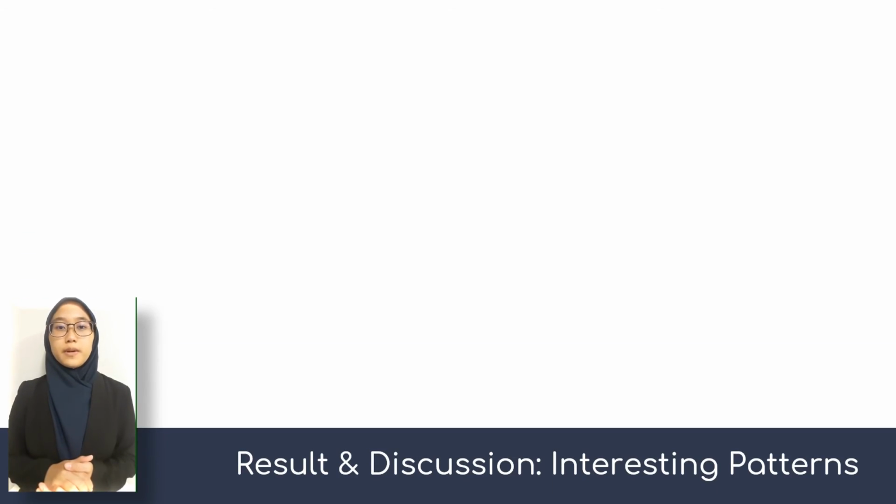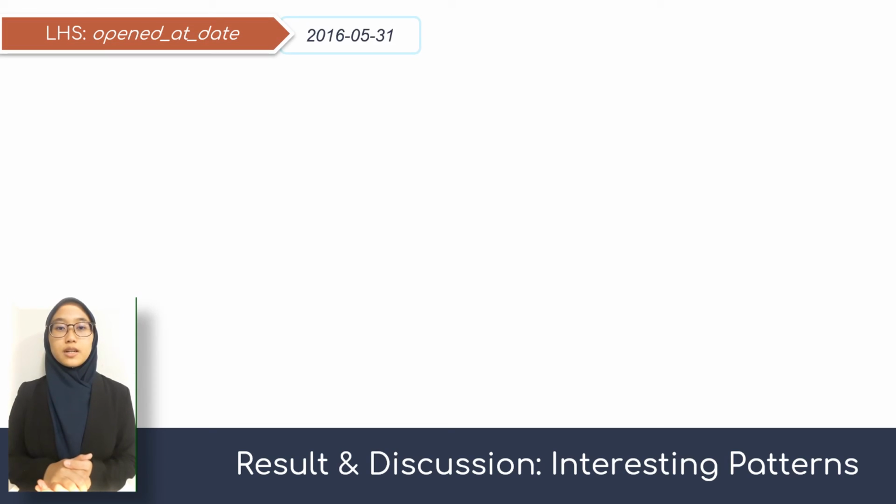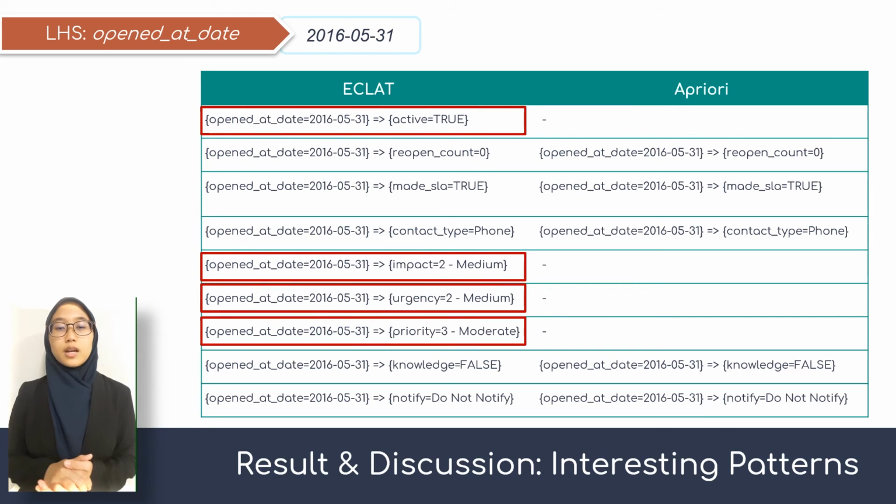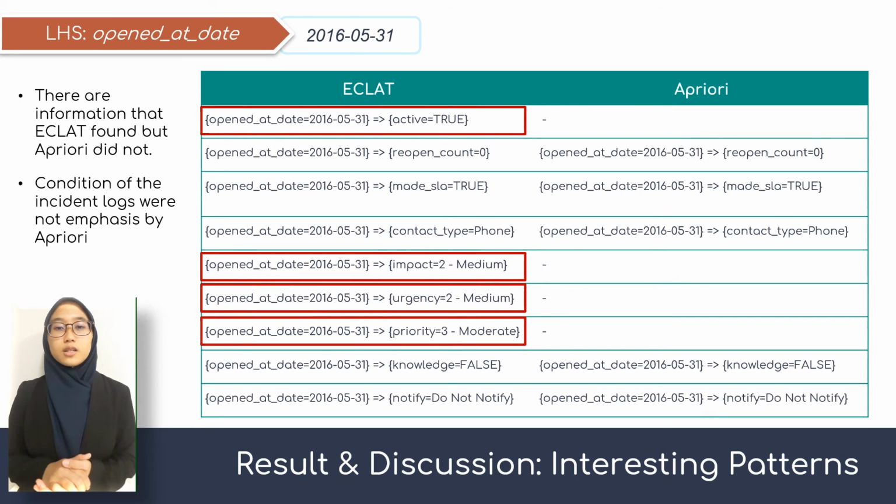For a better picture, patterns produced by both algorithms with an open-end date of 31st May 2016 were used and listed out. It can be seen in the table that eclat produces patterns that a priori did not. In other words, eclat found information that a priori did not, which is the condition of incident logs at that date. The conditions are the incident log is active, impact and urgency are medium, and the priority of the incident